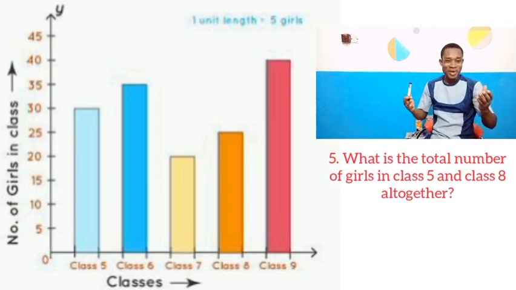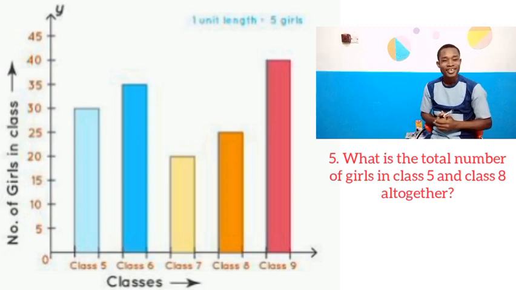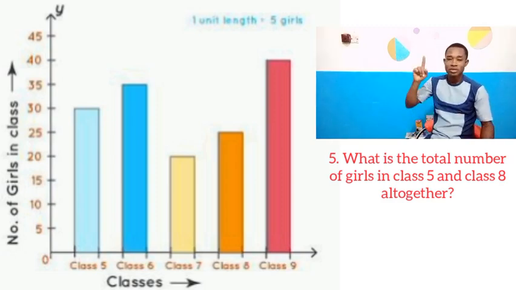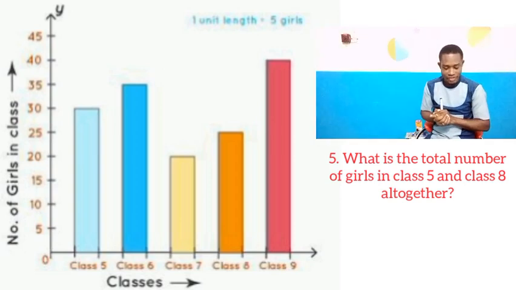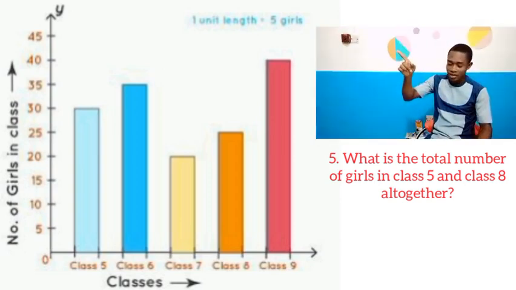So you know what to do already, right? Total number of girls in class 5 and class 8 all together. What we need to do is simple. Go to class 5. How many girls are there? Go to class 8. How many girls are there? And then add the number of girls together. So let's find out. In class 5, if you look at the rectangular bar of class 5 in this bar